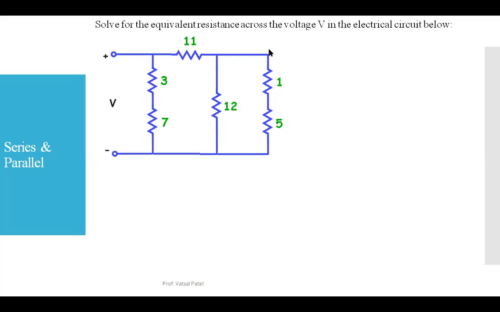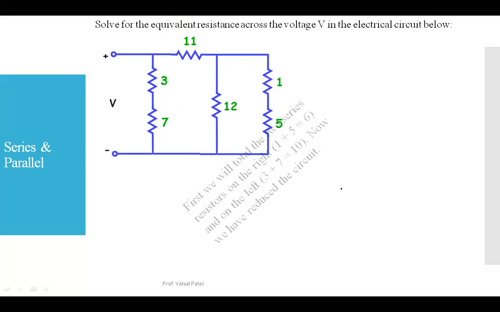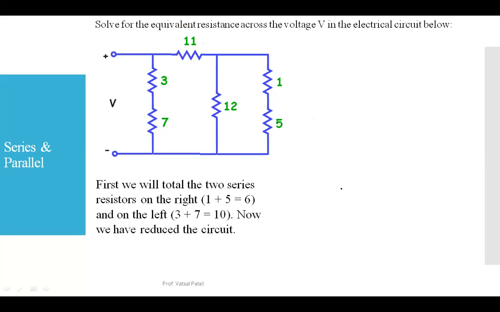So first of all, you have to do the series connection of this 1 and 5. Yes, the answer I'm receiving right now is correct. So this is a very easy example. As per the discussion we had in the last session, you can do it easily. So first of all, you have to do the series connection of these two components and these two components. So it is 6 over here in series connection. This is 10 here, and then 12 parallel 6 is in series with the 11, and then it will be in parallel with the 10. So you can see this is the equivalent circuit.